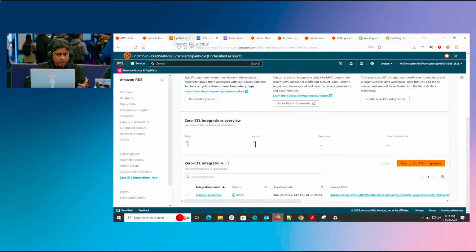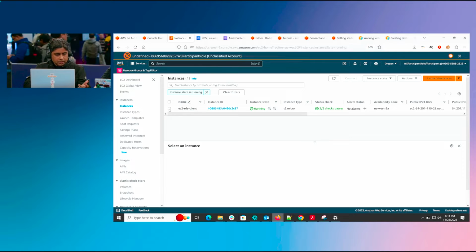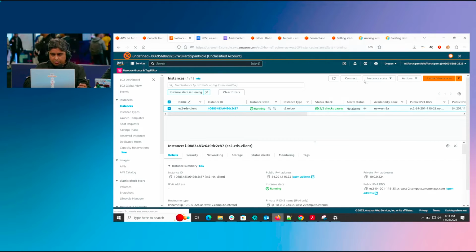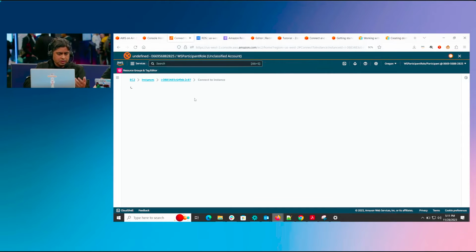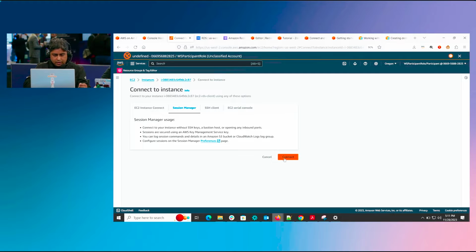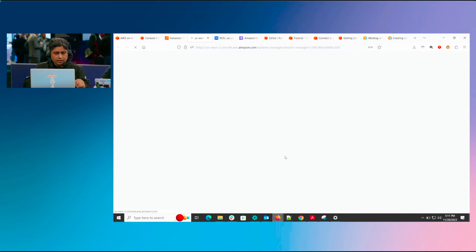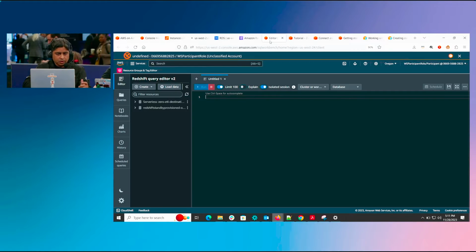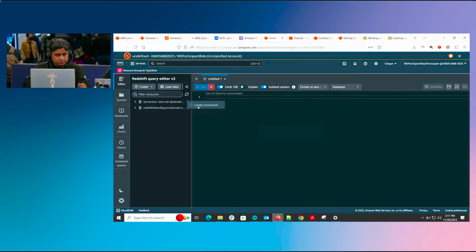I'm first going to connect to my EC2 instance, which will become my client for connecting to Aurora MySQL. So I'm just going to go there, connect using Session Manager, let it come up. In the meantime, I'll go to Redshift. So I'm using Query Editor V2. It's a lightweight query editor that comes along with Redshift at no cost to the customers. So I'm going to connect to our Zero-ETL destination,